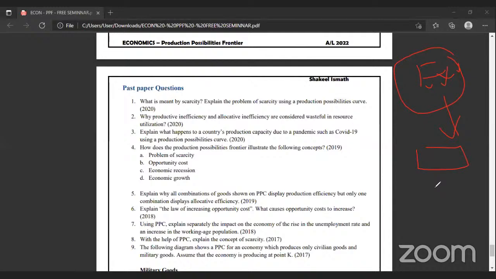Nobody has the solution in advance. When the problem comes, they apply a solution, because suddenly the problem comes, they think of the solution, and they sort it out, right? So now this is the problem. Look at the last 4 years of papers: 2017, because the syllabus was revised in 2017, then 18, 19, 20, including last year's A-level paper. Remember that in economics you may be familiar with the paper, right? There are 10 questions in part 2.